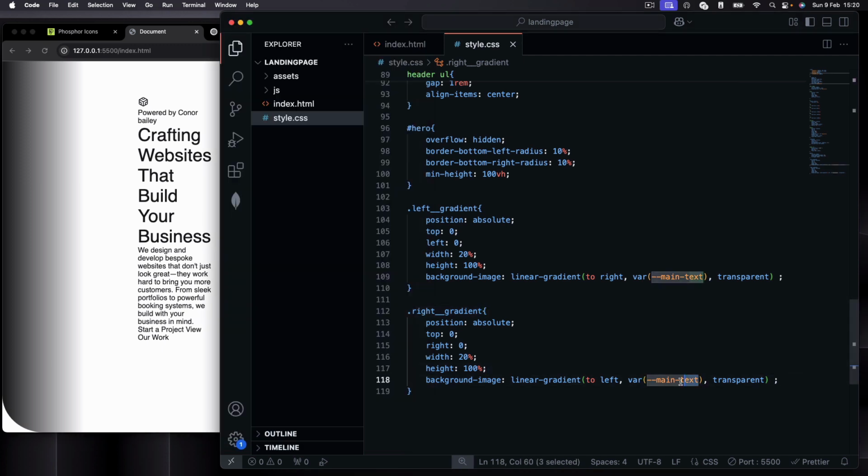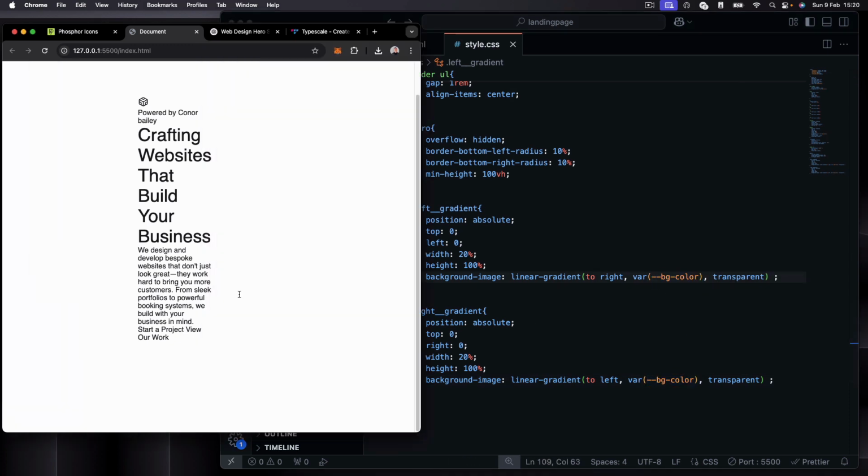Now we just need to change this to be the background color. Okay, so we just say BG color here. So you won't see it at the moment because obviously our background's white, but once the canvas is in underneath, you'll see that subtle fading effect. Okay, and then the next thing we want to do here